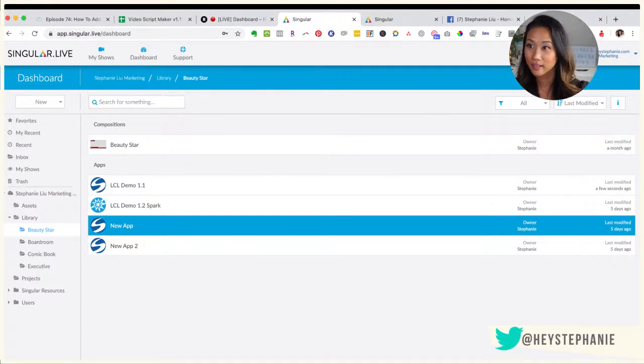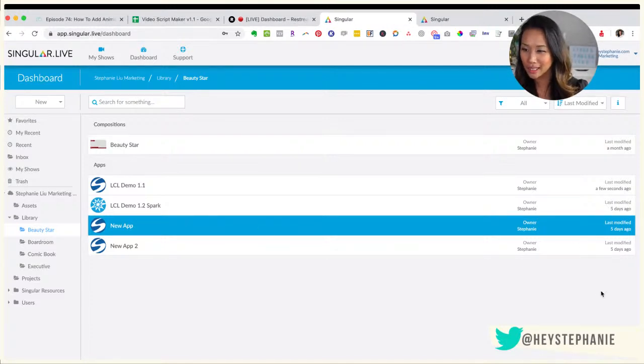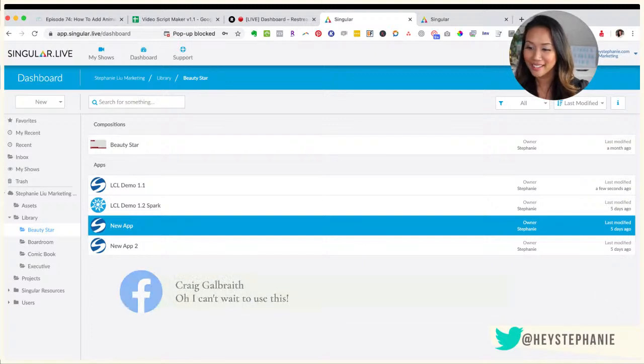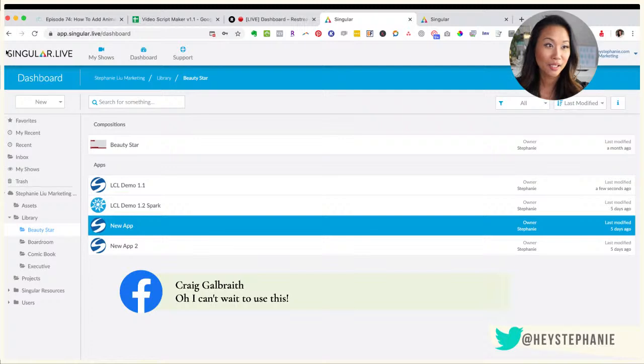Double click. And while that's loading, I'm going to close a couple of these tabs because my computer's like, what are you guys doing? Greg says, oh, I can't wait to use this. I know, my friend. It's pretty amazing. Let me refresh this real quick. And while that's refreshing,